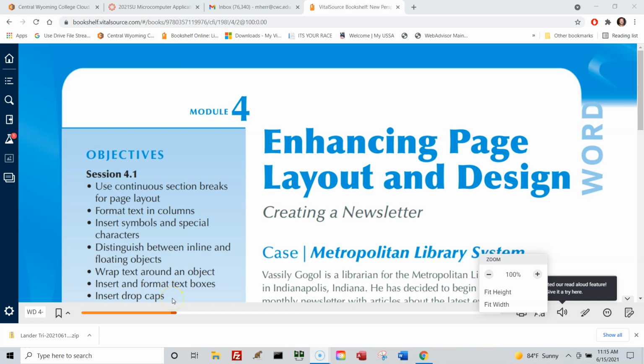Hello, folks. This is going to be a two-part, well, ideally a two-part tutorial. I'll do the first section, which should cover pages, let's see, pages WD 4-1 all the way to 4-29. So we're working on the Word Module 4, and this is for the Office 2019 or Office 365 class,